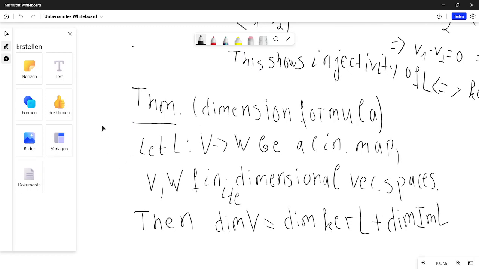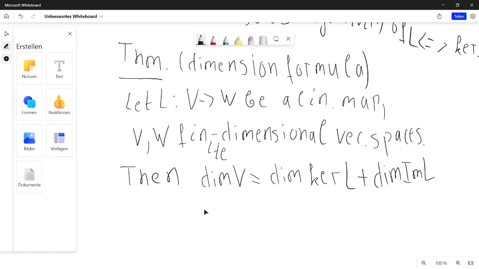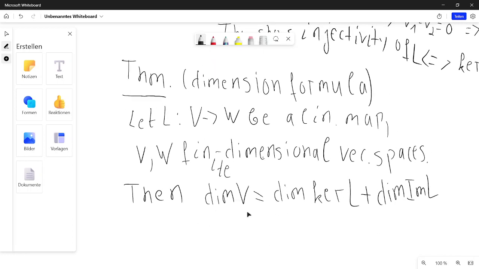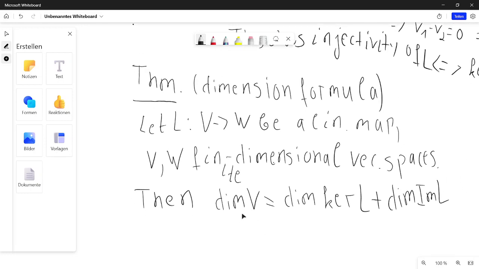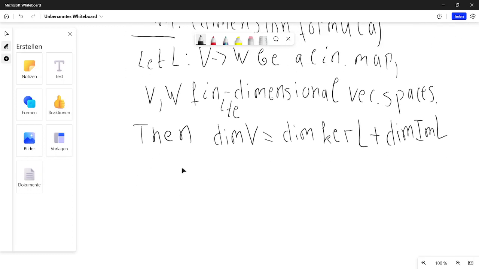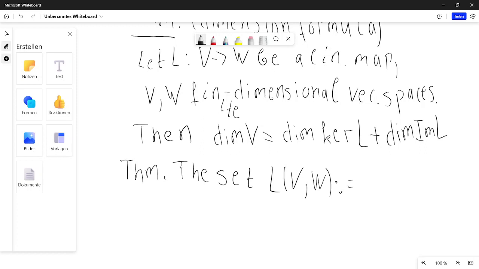In such an abstract system, some numbers enter because this dimension will probably be a number, you can guess. And well, dimension will be a number, but we don't know yet what number. And this we will look at probably later. But I'd like to show you another interesting thing. Figure the set L, defined as